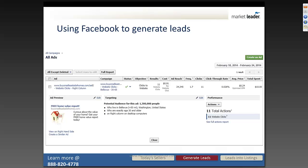Here's an example of an ad that I did just playing around. I spent $10 total. You can see right here I reached 24,000 consumers. I had 11 clicks, and this generated 3 leads. 3 seller leads for $10. Again, it wasn't because my ad was so genius that everyone was attracted to it. It's because my ad piqued interest. I spoke to certain demographics of sellers, and I got them to a website that provided content and